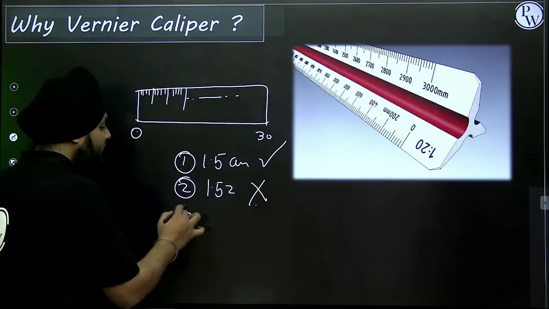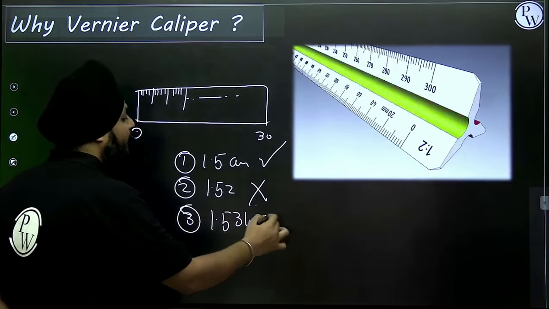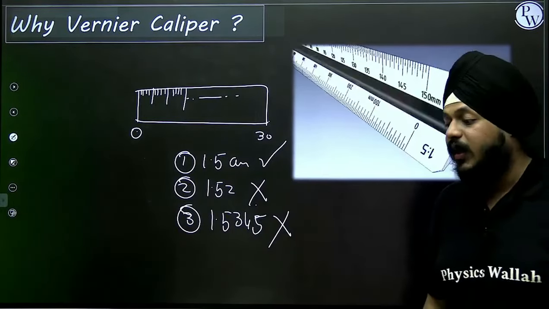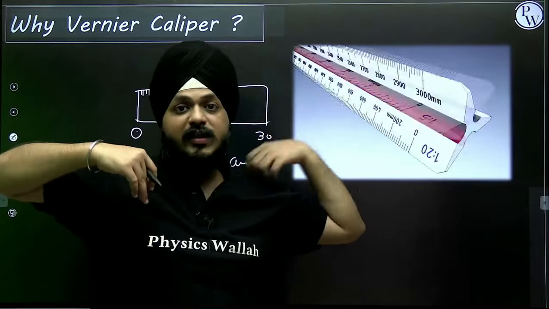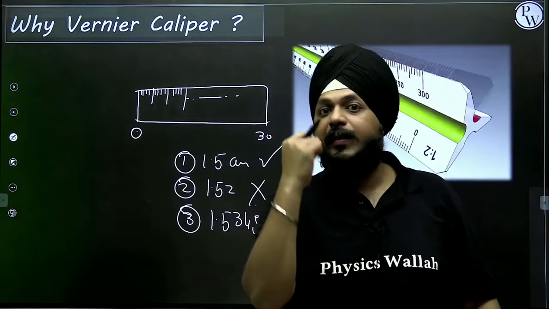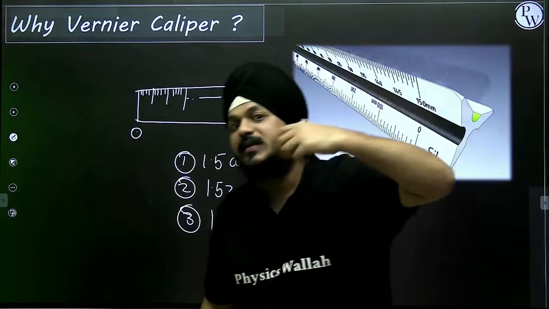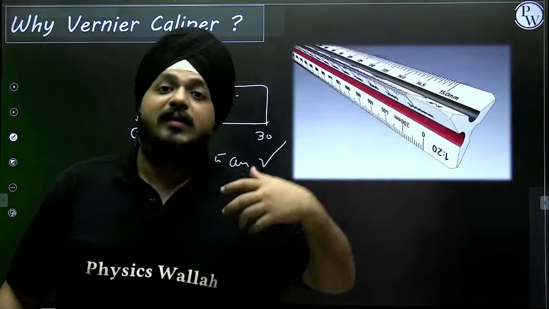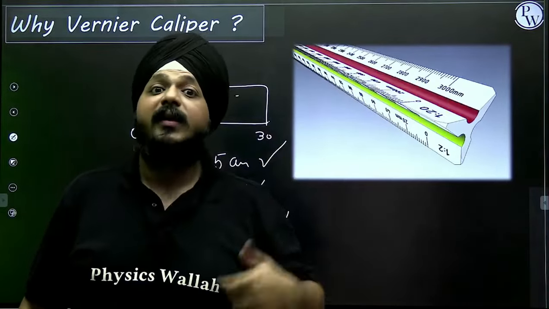Wrong. Suppose I want to measure up to 3 to 4 decimal places, like 1.5345. Can I measure this value using the measuring scale or measuring tapes? For small measurements we use scales, and for long measurements we use tapes. But what about very accurate measurements up to 2, 3, or 4 decimal places? At that point, the measuring sticks, measuring tapes and the ruler fail.